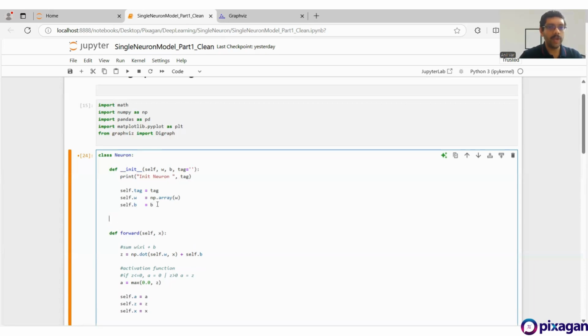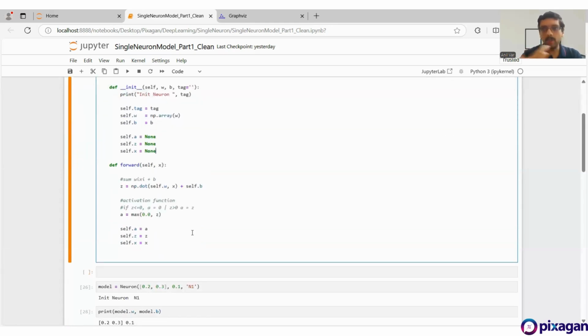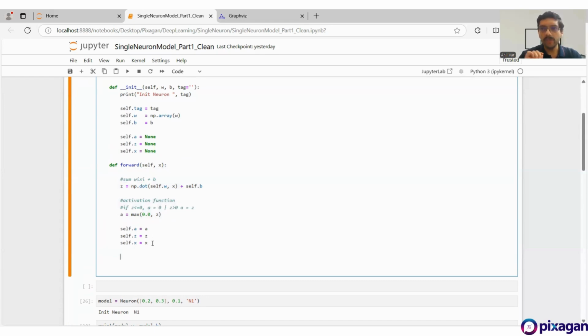And so here, I'm just going to add these. We say self.a is none. Self.z is none. Self.x is none. You could also say it's 0, but I'm just going to leave it as none. Okay. And what do we want the neuron to return? Even though it's just a single neuron problem, we're going to say I want to return the output, so that if you have another neuron or you add a loss function to it, you can pass it. So what's the output? It's